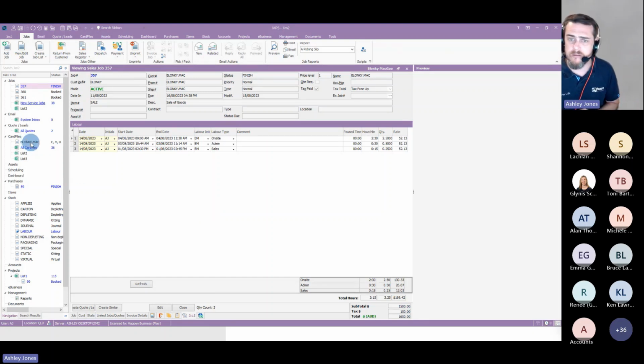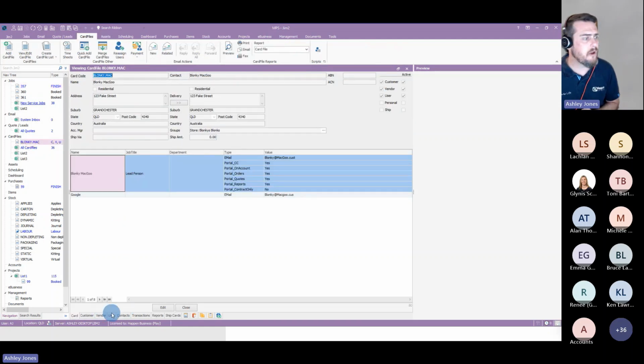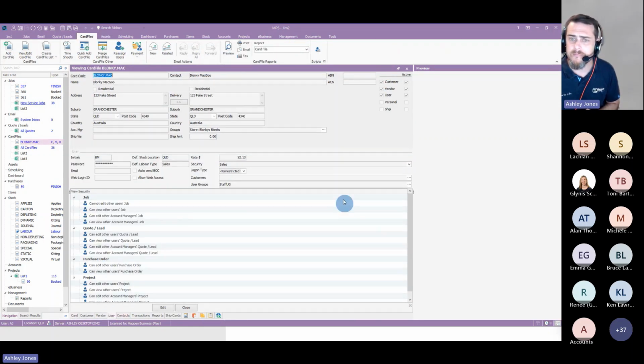If we take a look at the user card on the user tab, we can see that there's a field for us to enter a rate. I want to be clear about how this rate is used. The rate that is set against the user will not affect billable hours at all. It is instead used with the actual labour that this user enters on a job to facilitate profit calculation in reports. This is the only place that the rate is used, but it can give you some great insights into